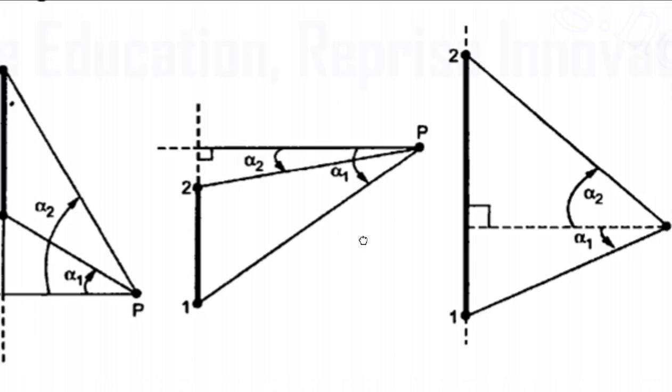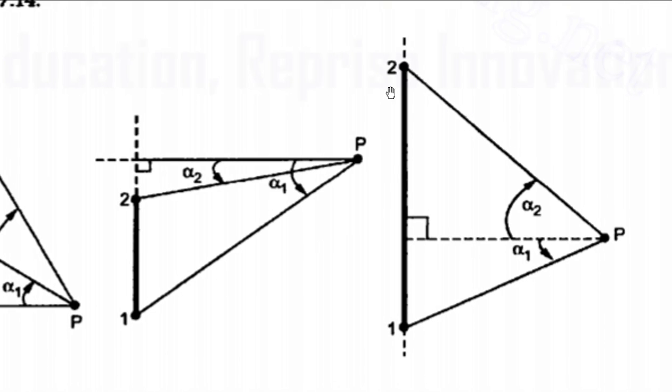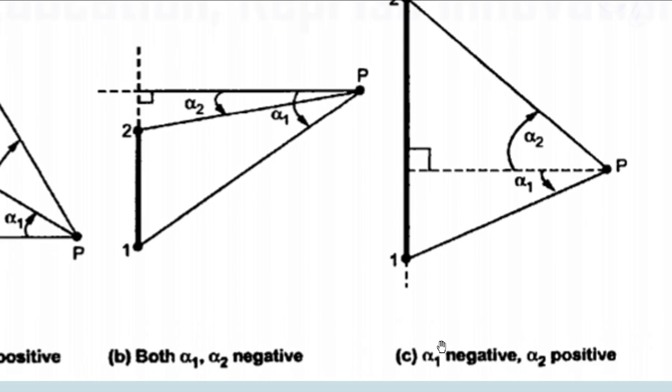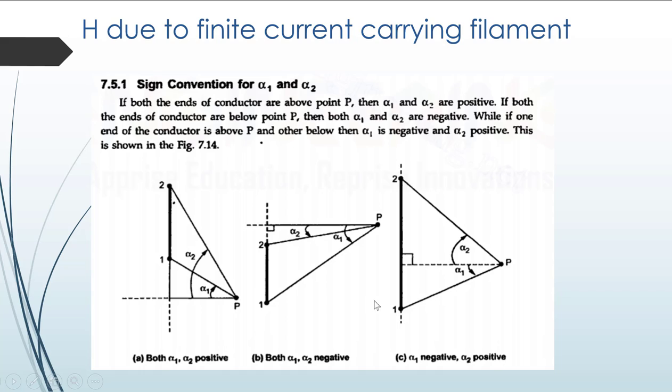So we have to consider the negative so that we can solve the example and place the values correctly. And in the third case, one angle is above the xy plane. If this is your origin of the system, alpha 2 is considered positive and alpha 1 is considered negative in that case, because alpha 2 is making a positive angle with point P and alpha 1 is making a negative angle with point P. So alpha 1 is negative and alpha 2 is positive. In this way we have to use these angles while solving the examples.